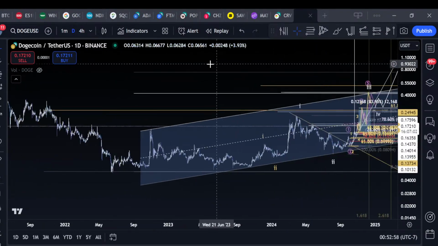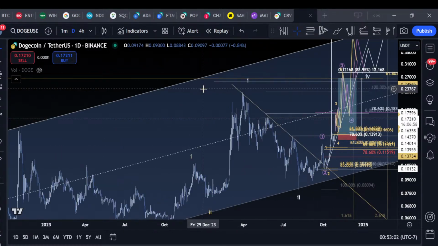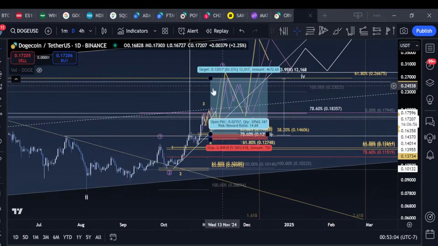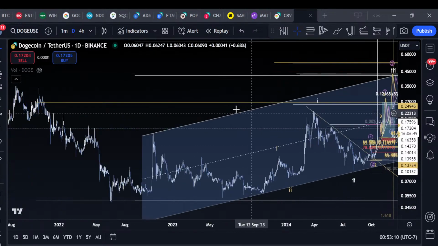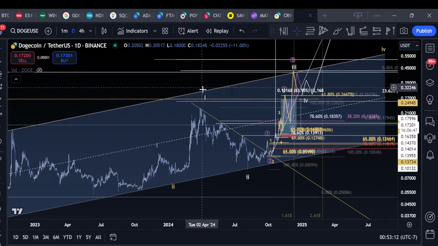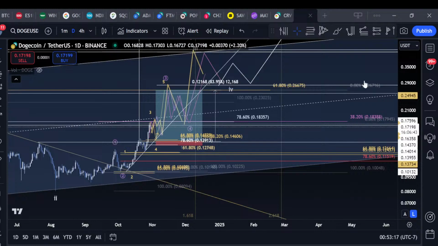It's a little messy. What I like to do is pull everything and then look at what this all looks like. I know it gets a little messy, and usually I'll clean up the charts a bit before I'm sharing the ideas. But some big targets for me, taking this high, around 25 cents for our potential wave 3.